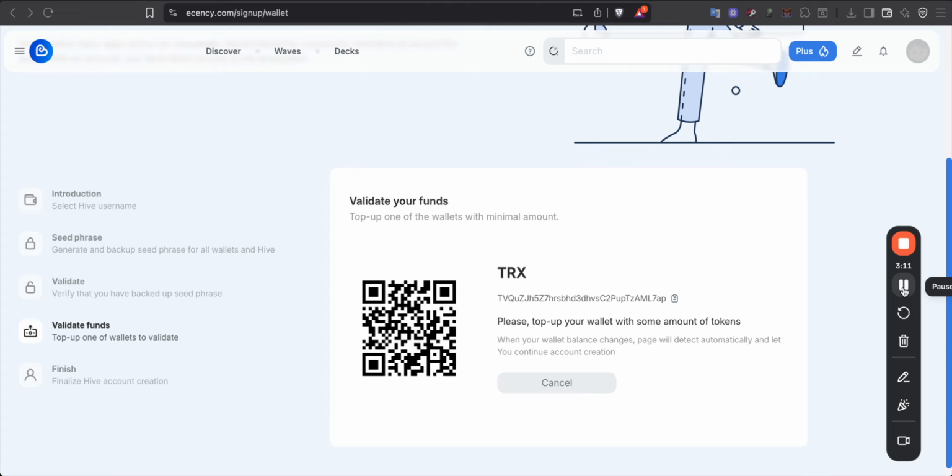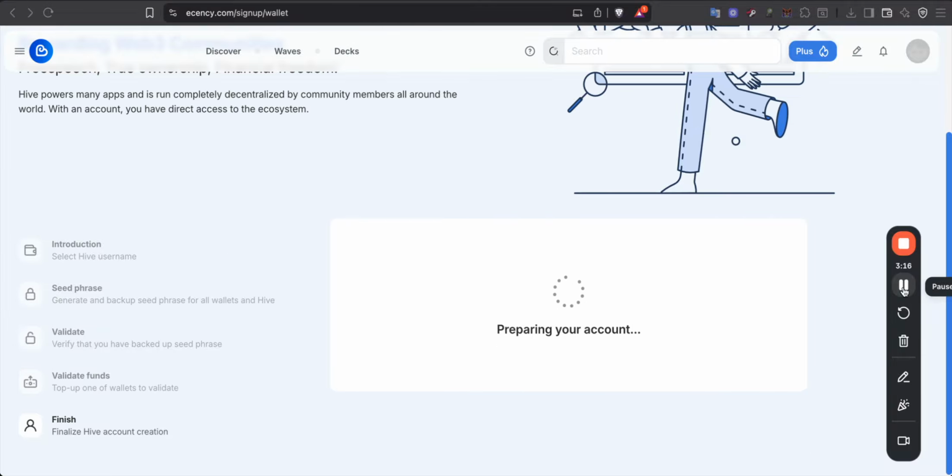So yeah, it's complete. The website will detect the balance. It automatically detects the balance. Since it's above zero, it's trying to create an account for us, because once we validate the balance on that blockchain, we move on to the next stage, and then your account is created and you are automatically logged into that account. Let's wait for a few seconds. This usually takes around 10 seconds,